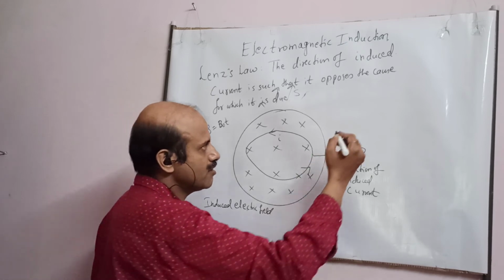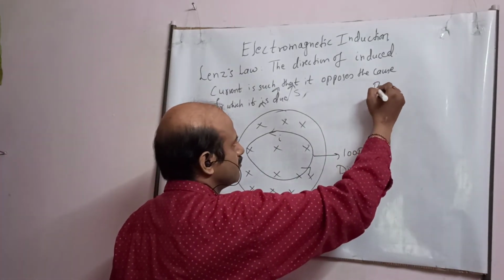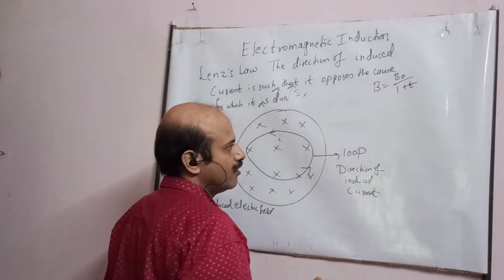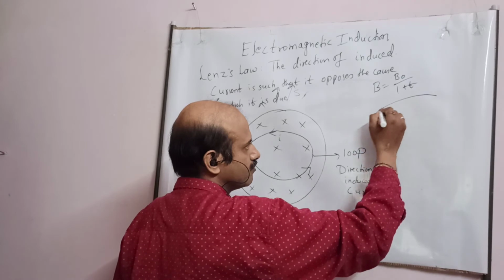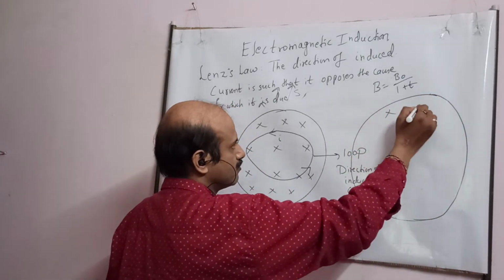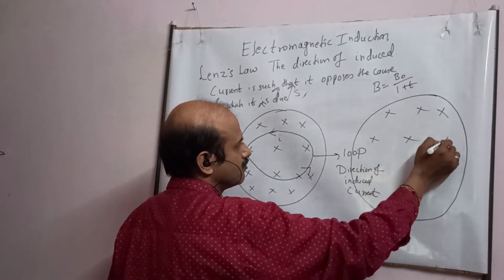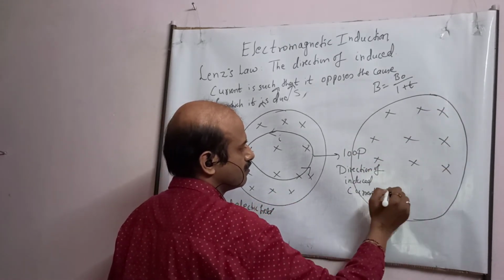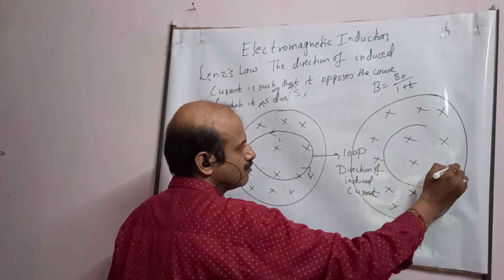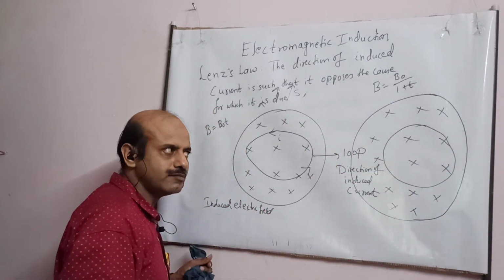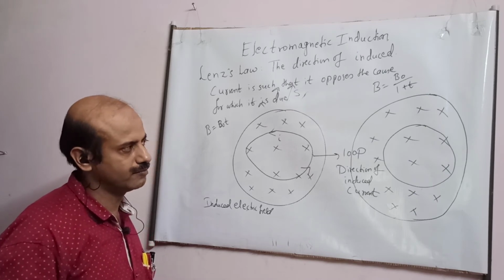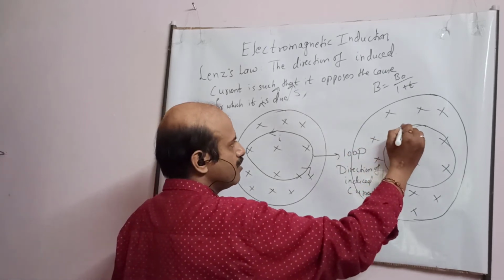Now suppose the field is of this type. Decreasing, student. And I placed a loop. I placed a loop, student. Now the direction of induced current will be